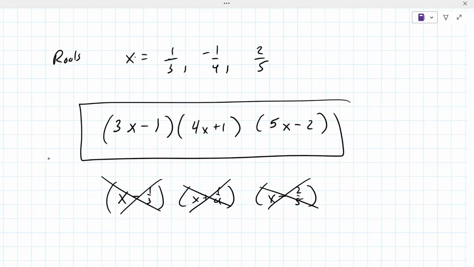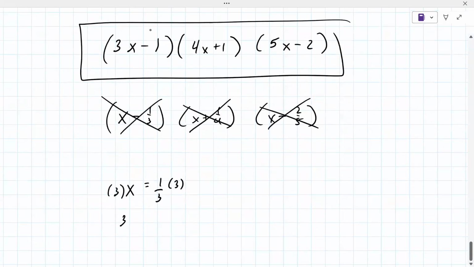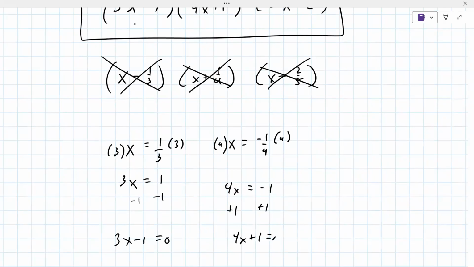The x goes first. If you wonder how I got that, it's essentially manipulating this equation: x equals 1/3. If you multiply both sides by 3, that gets you 3x equals 1. Subtract 1 from both sides, and that gets you to 3x minus 1. Then you do that for minus one fourth. Yeah, you multiply by 4: 4x equals -1. Add 1 to both sides, and you get 4x plus 1 equals 0, and so on. All right, we do have to stop here for